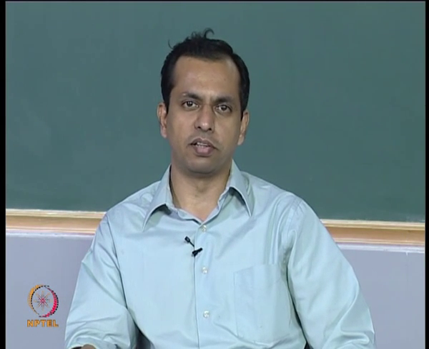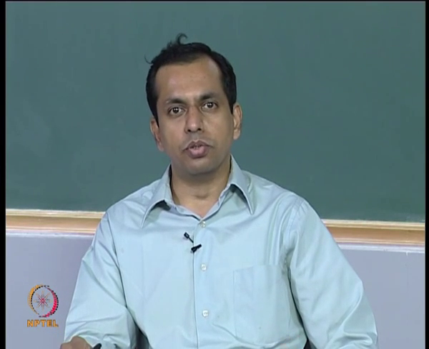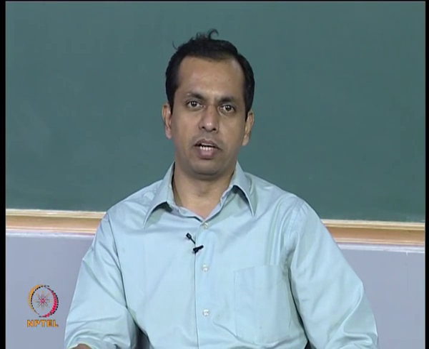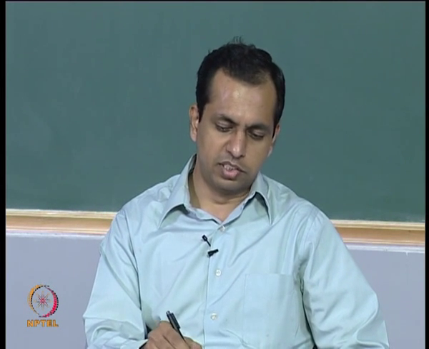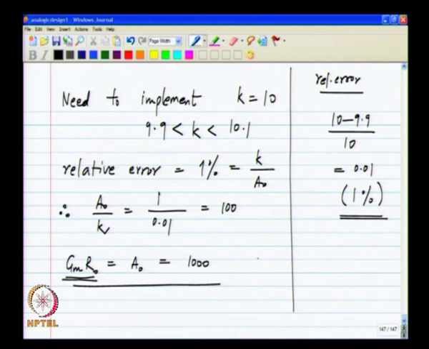Before, we were only concerned with implementing a certain unity gain frequency, which lets us choose a certain capacitor C and a certain transconductance Gm. Now, we also have to make sure that whatever circuit you use to design the Gm should have a sufficiently high R naught, and how high is it? It should be such that Gm R naught is 1000 for this particular example.